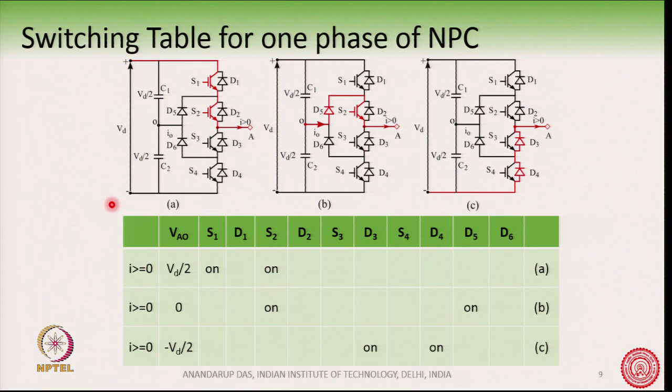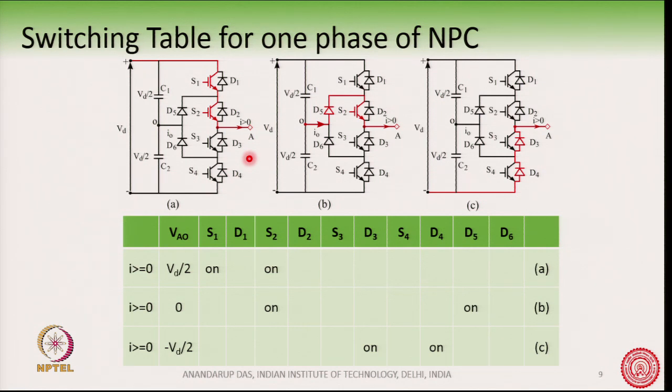So, we have taken here one phase. First of all, let me clarify, this is a DC bus voltage which is split into two parts using these capacitors. The midpoint of these two capacitors is what is being accessed by the converter. So, there are no two separate DC sources, but the DC source is split into two parts using two capacitors and the midpoint.